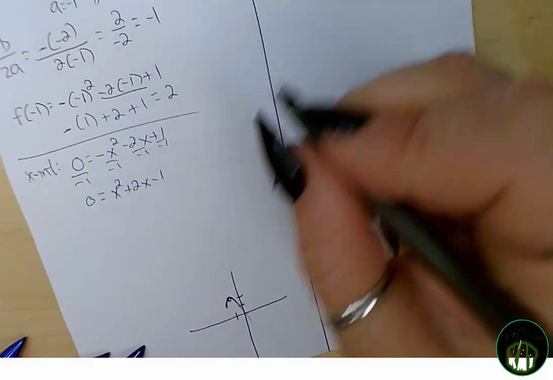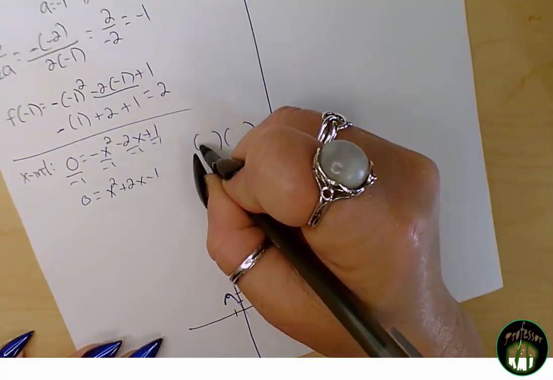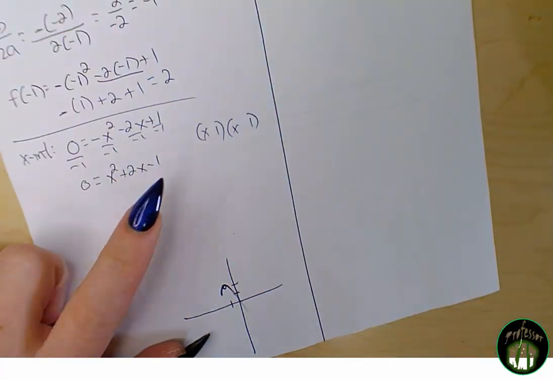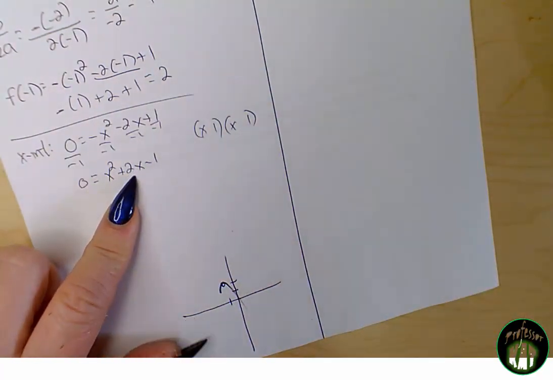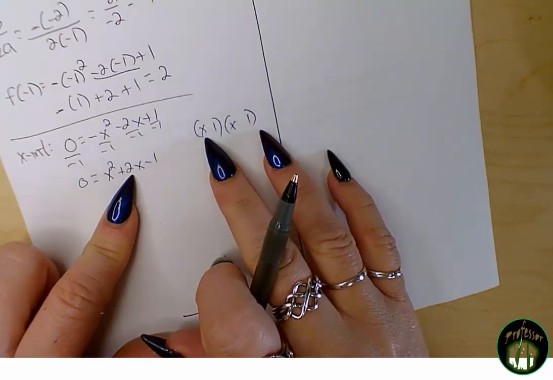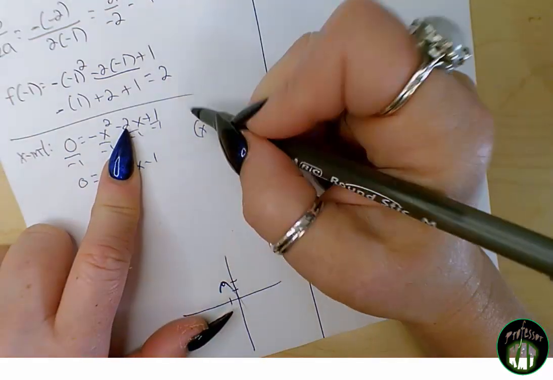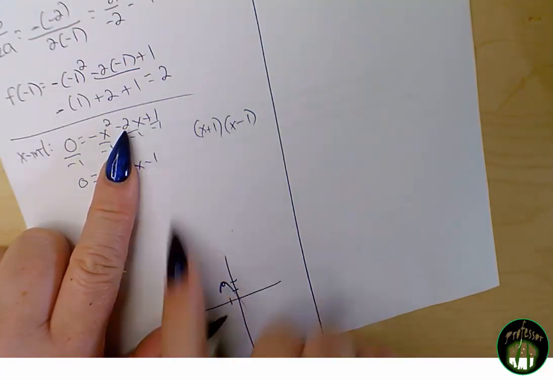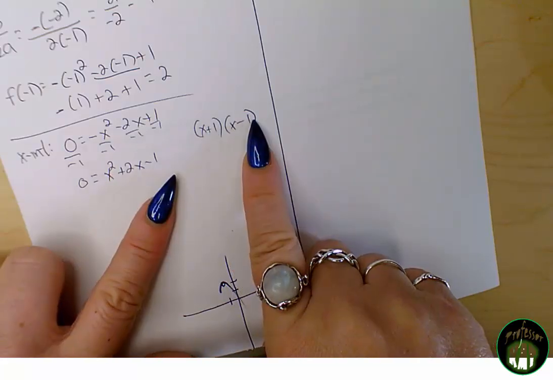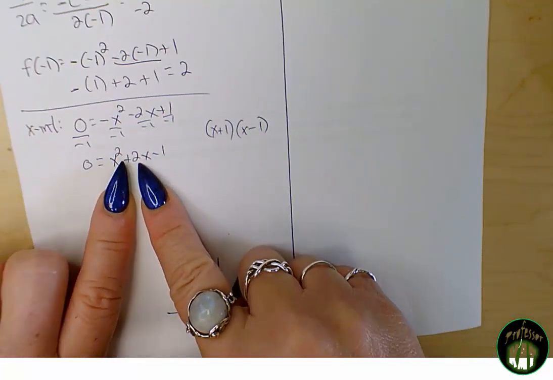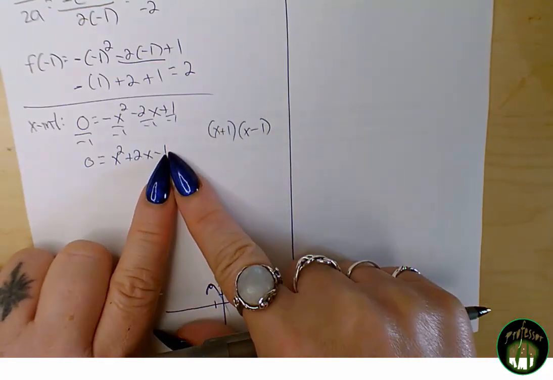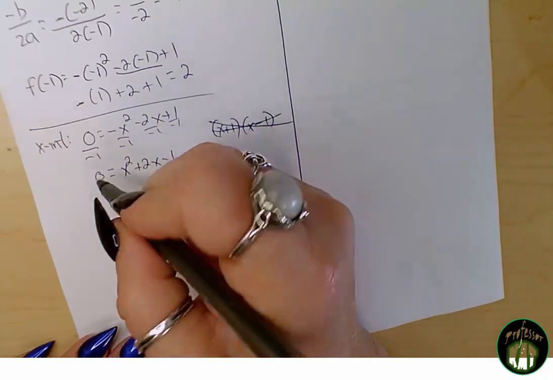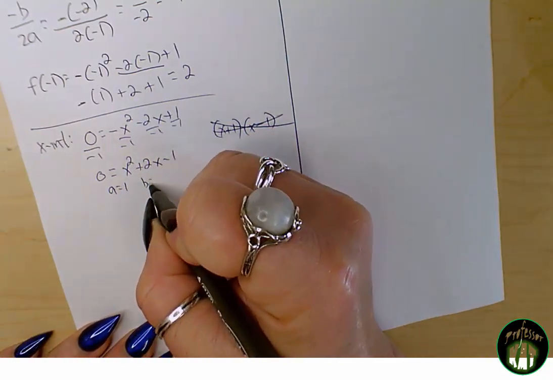Now, this problem does not factor for us. It looks like it does. X times x to get x squared, 1 times 1 to get this 1 here, but we need our middle term to add up to a 2, and there's just no way we're going to get this to be a 2. In order to get that -1, one of these would have to be plus, one of these would have to be minus, right? Different signs give you negative. But if you take a +1, -1, you get a 0, and we have a 2 here. All right, so they need to multiply to get the last, add or subtract to get the middle. There's just no way we're going to be able to factor that,